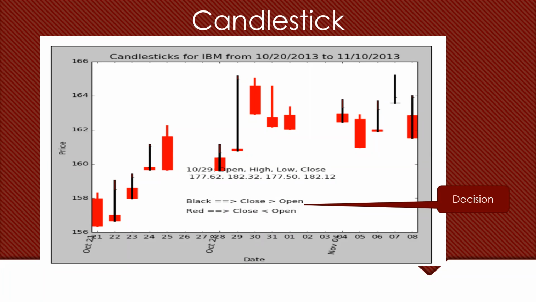You must know how we are able to tell whether our closing price is more than the opening price or less than the opening price. By seeing this color, which is quite interesting, you can easily take a decision whether the price is increasing or decreasing. If the price is increasing, you can see the level in black color.